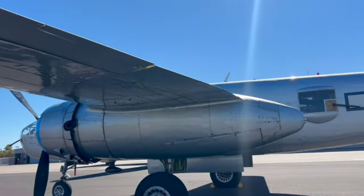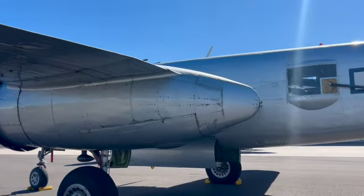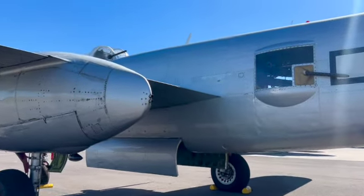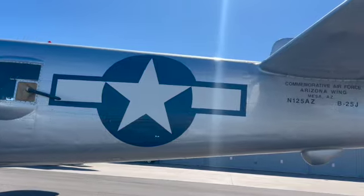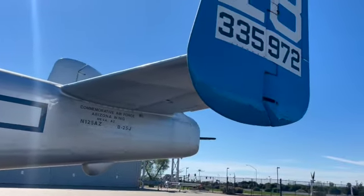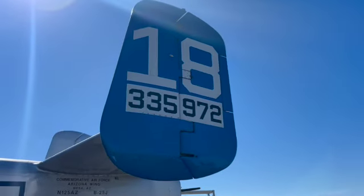Built at the company's Inglewood, California plant, the prototype was first flown by test pilot Paul Balfour in January 1939. The engines were soon replaced by 1,300 horsepower Wright Cyclones. The plane was redesignated NA-42 and was delivered to Wright Field in Ohio in March 1939 for United States Army